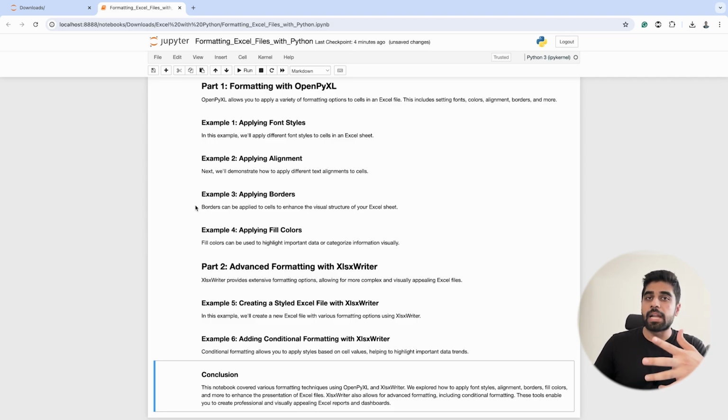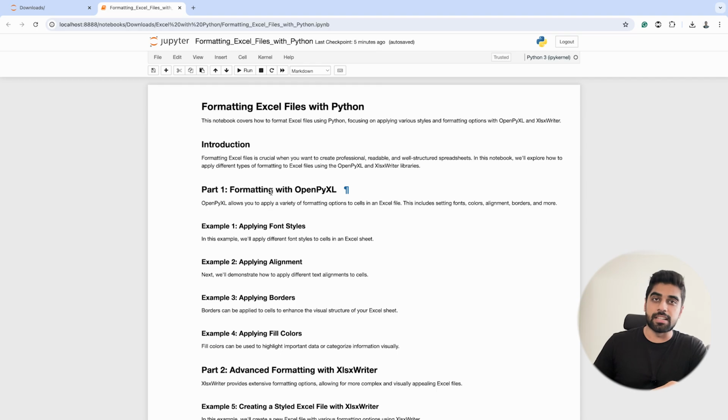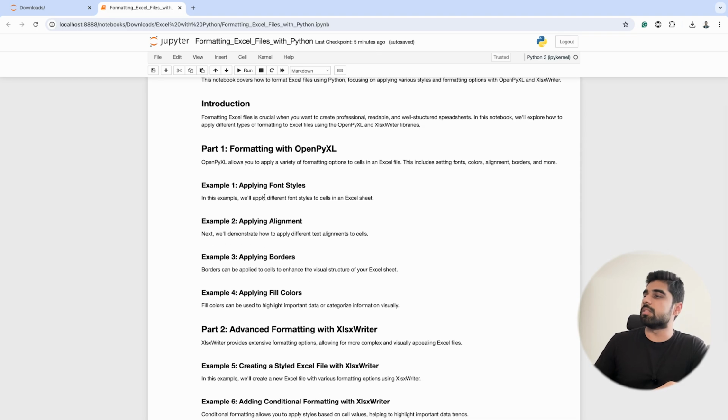You shouldn't need to manually intervene and do some sorts of formatting or other cleaning in the Excel sheets before you send it out. So as usual, we'll go through a lot of examples through which we can cover syntax so that we know that these kinds of things are possible using these libraries. And let's get started. So the first one, we'll look at some examples of OpenPyXL, and the first one is